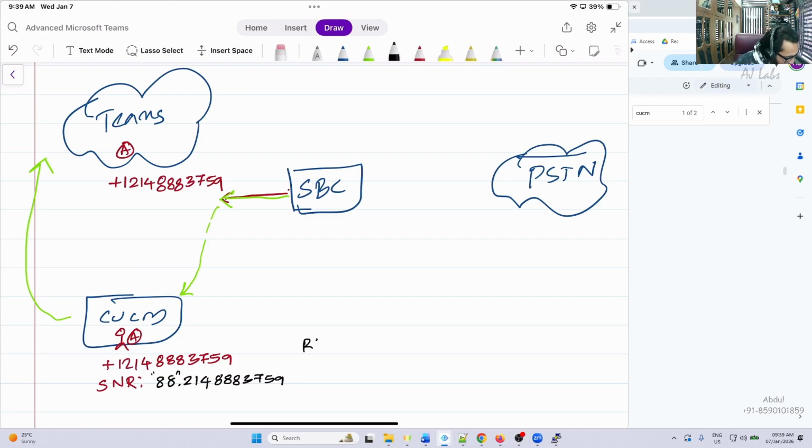So I will have a route pattern. That route pattern destination, I'll say, go to the same cube. So the cube will receive 88 214 888 3759, right? You can send it that way, or you can even send without 88. Anyway, within the cube, you create one new dial pair to accept that call, which will be incoming